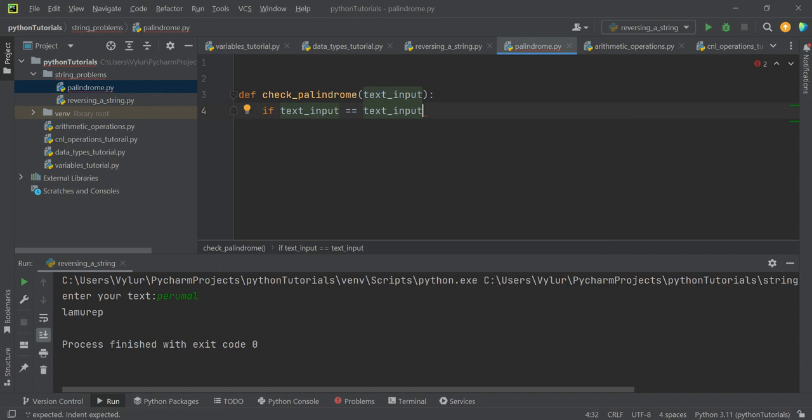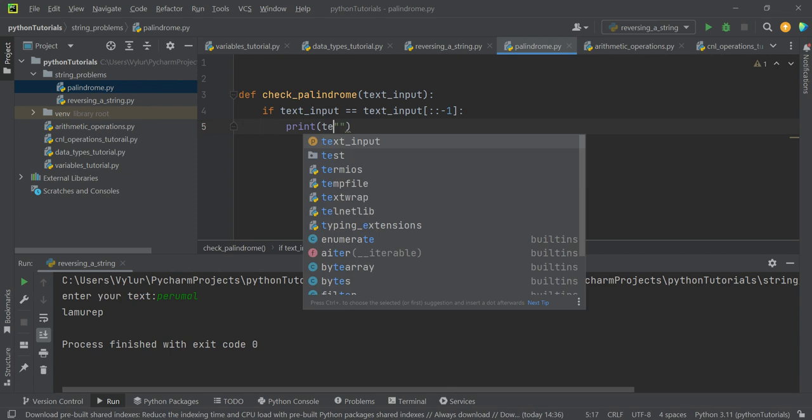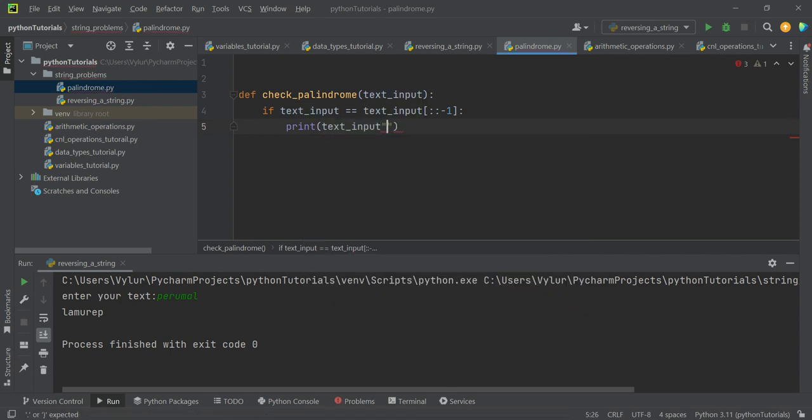The reversal logic is this. If both match, then you print text input, comma, is a palindrome,